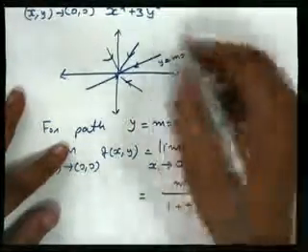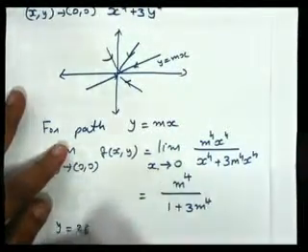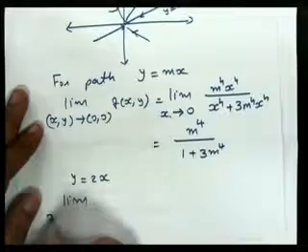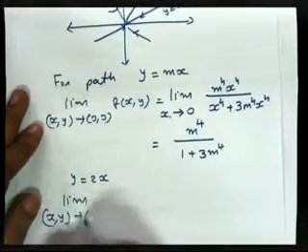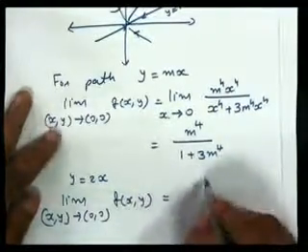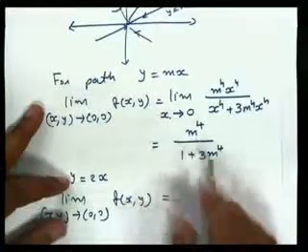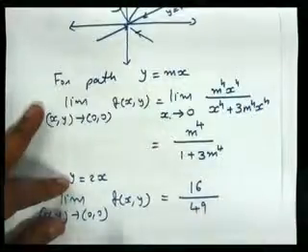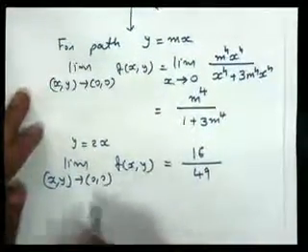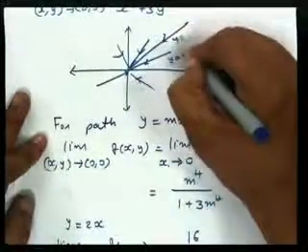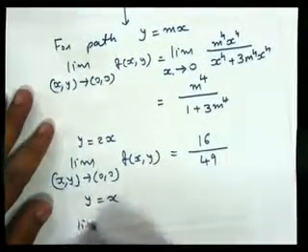Now if I take the special case y = 2x, then the limit as (x, y) tends to (0, 0) of f(x, y), here I have to take m = 2, so that gives 16/49. So this is the limit if I take y = 2x. If I take y = x, that means the line y = x, and I approach along this line, then this limit as (x, y)